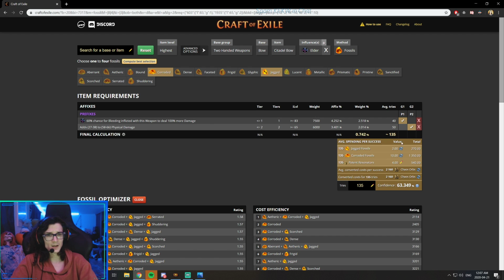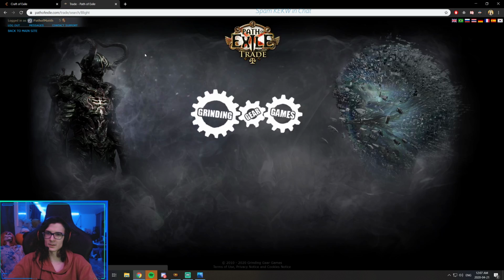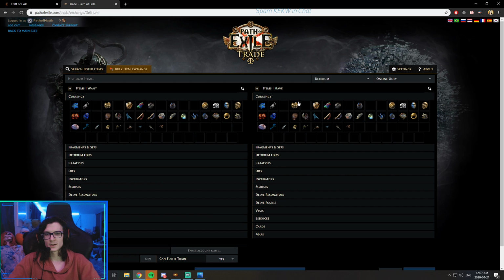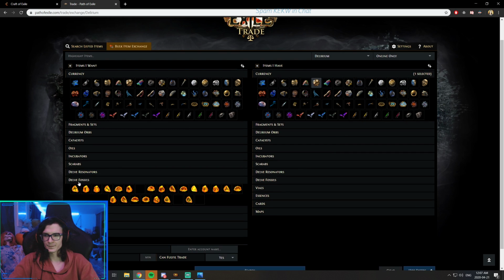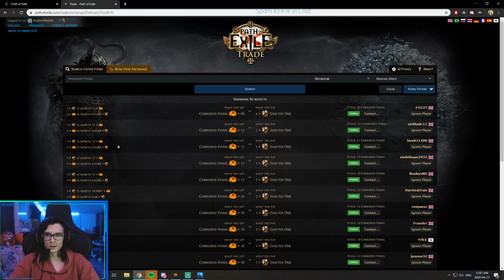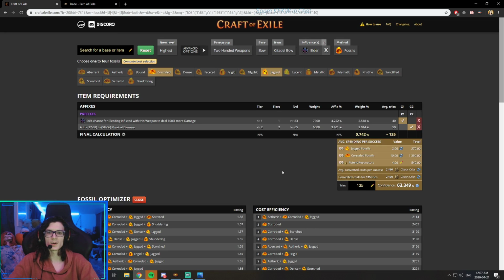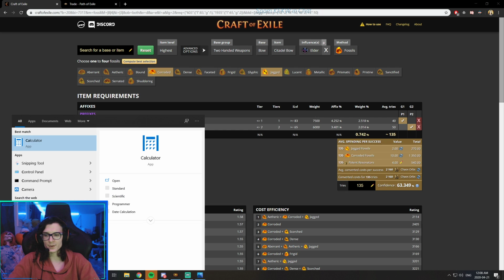Now the thing is, these numbers don't really add up, because if you're to buy that many, you're going to have to buy these pretty much in exalt ratios. If we have a look at PoE.sale and we want to get corroded fossils, they will basically be about 17 or 16 per exalt or so. So getting 135 of them